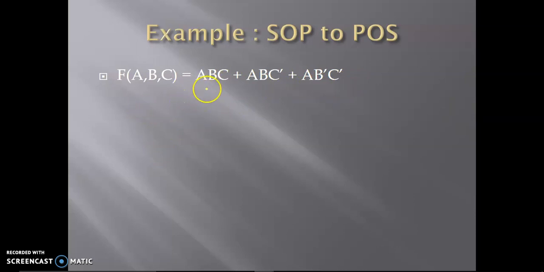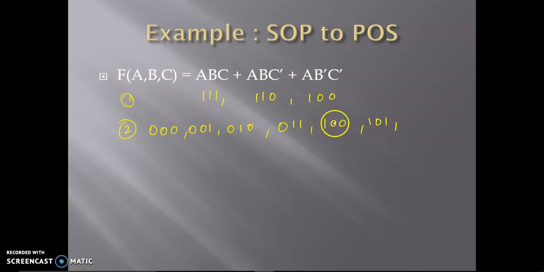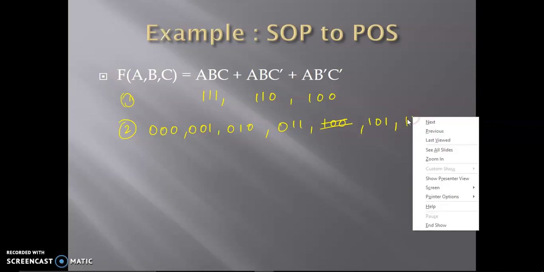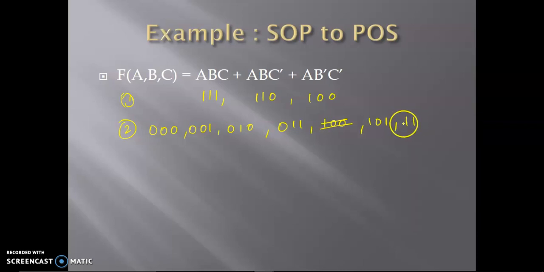In the first step, you check each of the minterms. That means ABC is 1, 1, 1. ABC bar is 1, 1, 0. And AB bar C bar is 1, 0, 0. In the second step, you identify the missing binary ones. Okay, 0, 0, 0 is missing, 0, 0, 1, 0, 1, 0, right? 0, 1, 1, 1, 0, 1, correct? Okay, 1, 0, 0 was already taken. 1, 1, 0 is already done. So 1, 1, 1, yes, it's all done. So you have 1, 2, 3, 4, 5 of them.